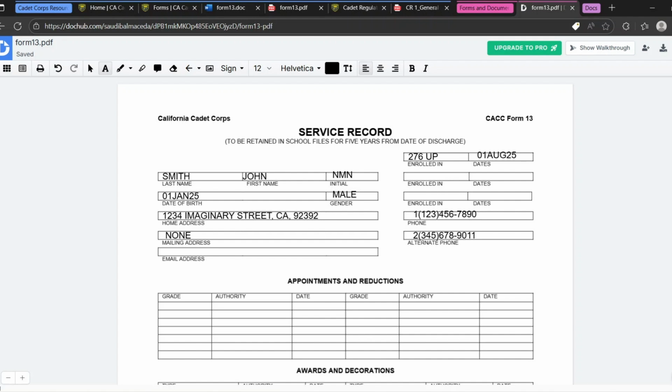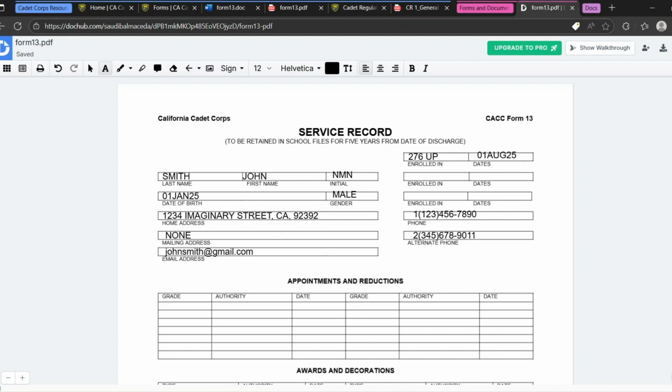In this example, I typed in 2 completely random numbers. So please be aware that if you have a separate phone that you can be contacted at, for example, a home phone and a cell phone, you would type in those 2 separate numbers, making sure to include that area code. So in your email address, you are to type in your complete email address that you can be contacted